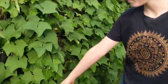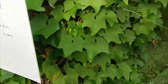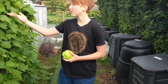Then it's very easy, you just plant it with the shoot up in the ground, and give it a bit of water, and that's it. So easy. So that's what we did down here. We just planted a little fruit down there, then we just watered it for a while, and there we are,